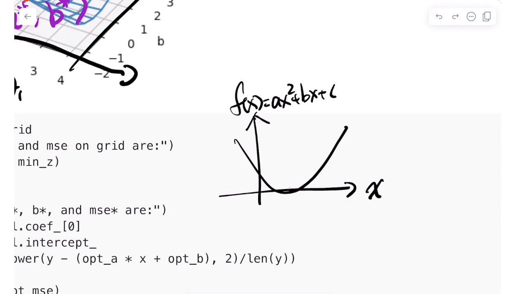There is always a value which is the smallest f. There should be an x star, and the value of f(x star) is the smallest f,